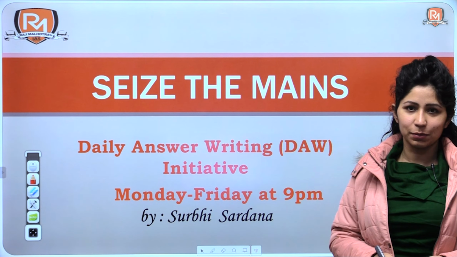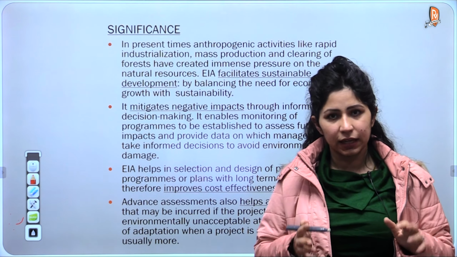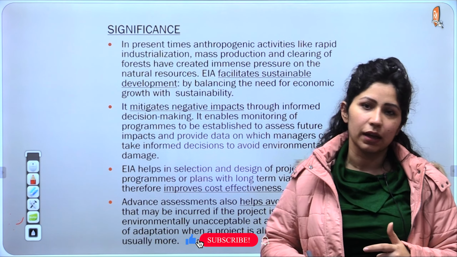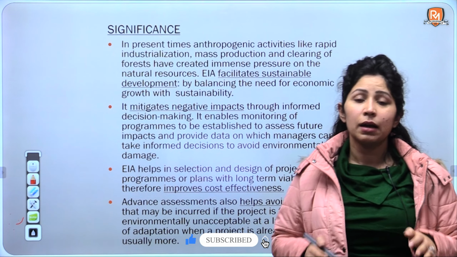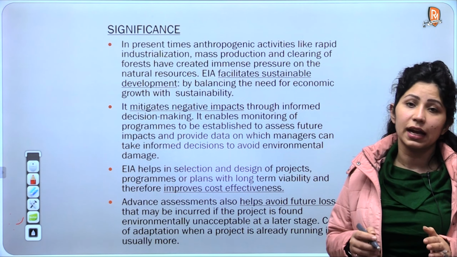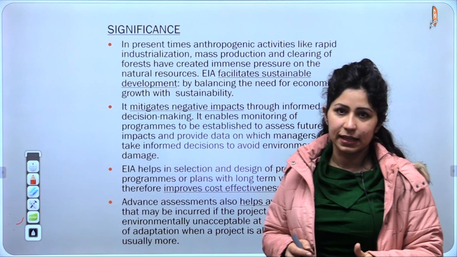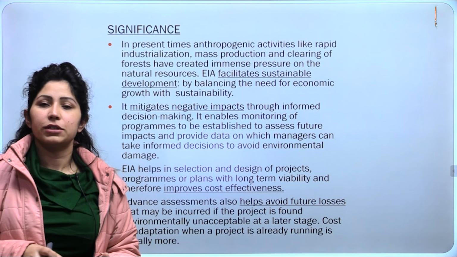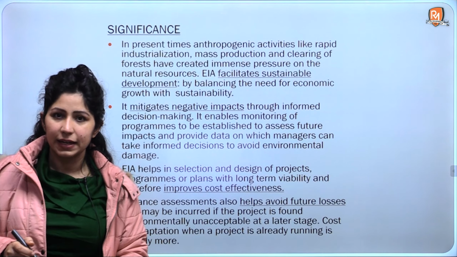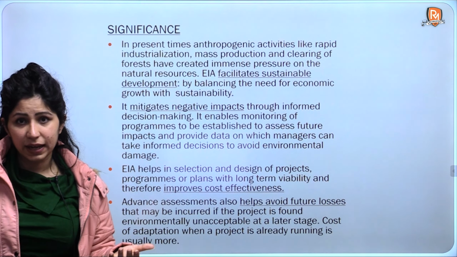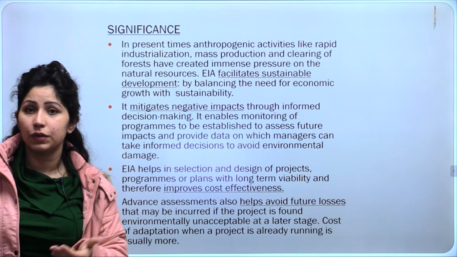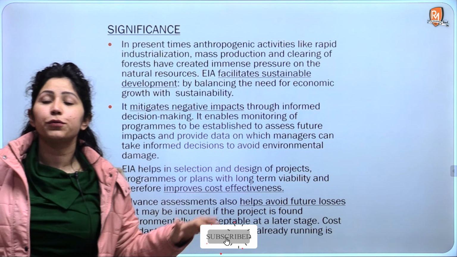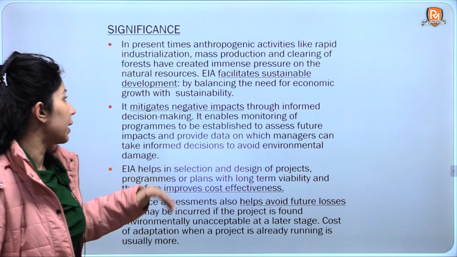For a very long period of time, environmental impact assessment was an administrative process in the country. There was no legislative backing to it. It was just an executive process. But after the Environmental Protection Act of 1986, the central government introduced EIA as a legislative measure in the EPA Act of 1986. So what is its significance? Significance is what we have learned with time, why it was important. So the first point talks about sustainable development.